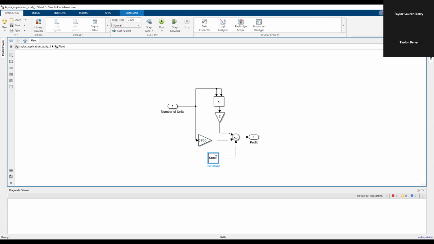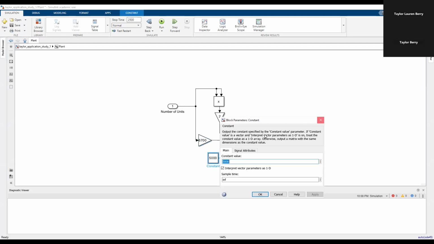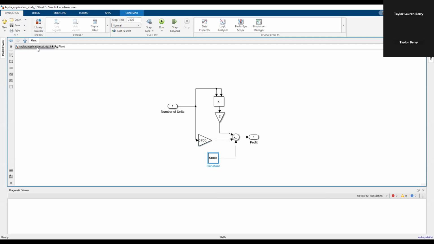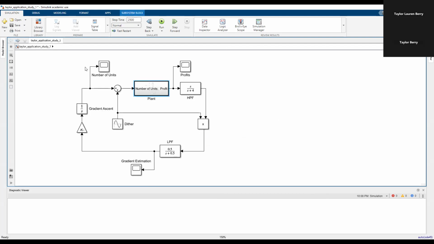And then we have the 5,000 constant, and we're going to get our profit. Basically, taking that equation that we saw earlier and putting it into some sort of plan. So when we zoom back out, back to our original plant,